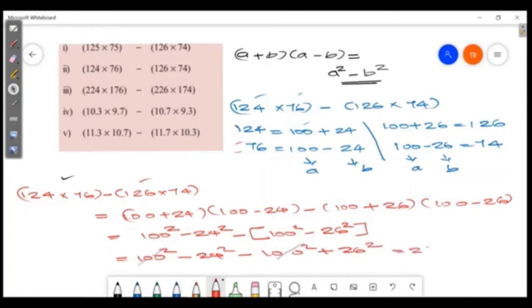100 square minus 100 square becomes 0. So the remaining term is 26 square minus 24 square, which is equal to 100. Clear, children? Next